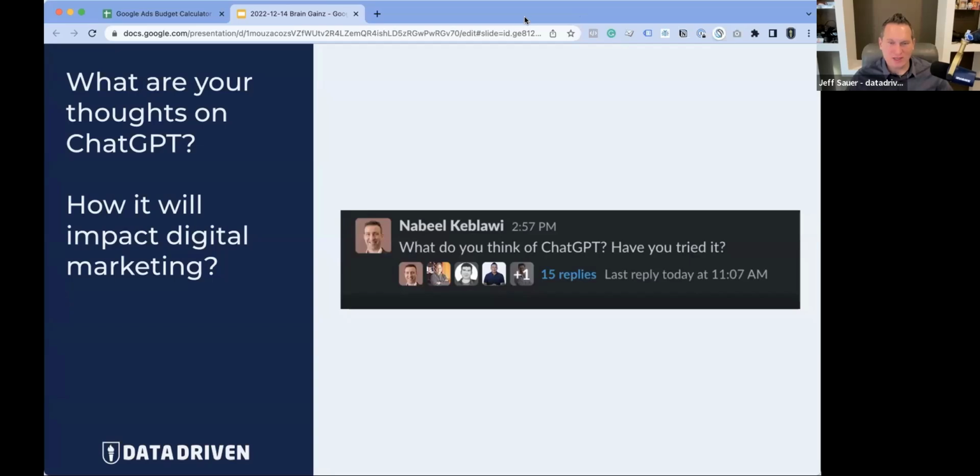But the first one I had shared, and it was about what it means and how accurate are these things. I think the one thing we should note is that these things look good and they use a lot of big words, but are they style over substance a little bit? I think there's a risk of that. Just because it looks good and it looks persuasive, it might turn out to be something that doesn't have a lot behind it, or that it's plagiarizing from somebody else. So we just got to be careful with that. It's sort of like when Google provides you an answer for something, what's the source?